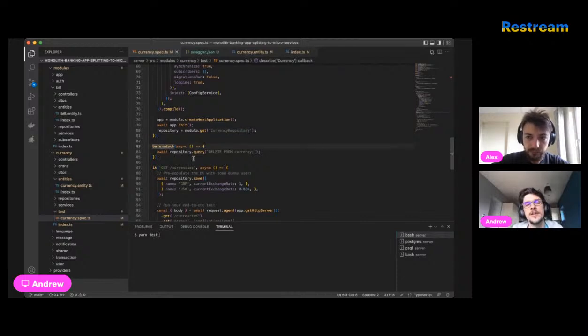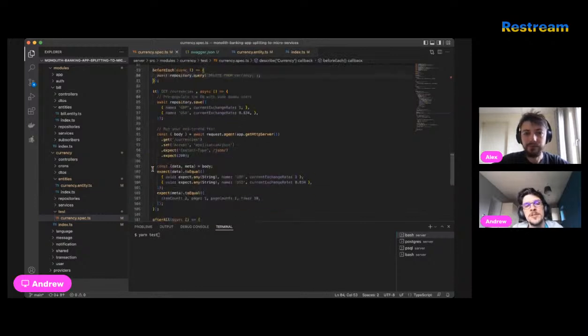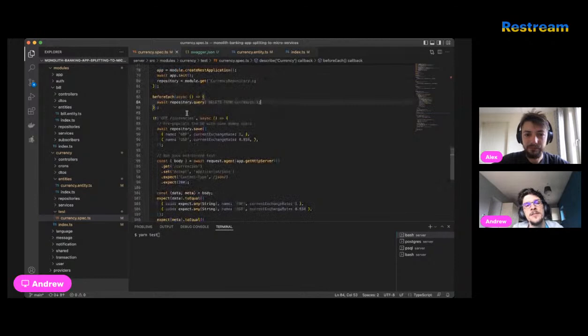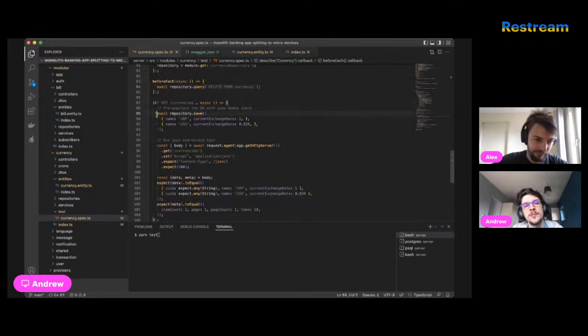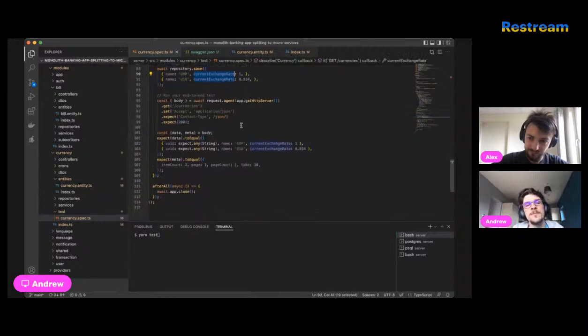Before every test we just do delete from currency, so we clean up the table, and then we have a test. First of all, we insert some currencies there with some specific values.